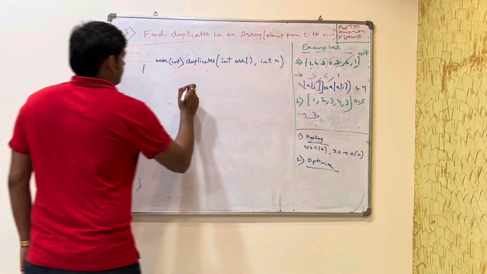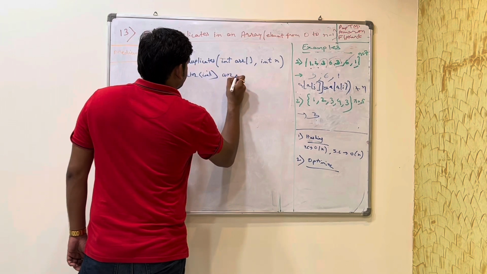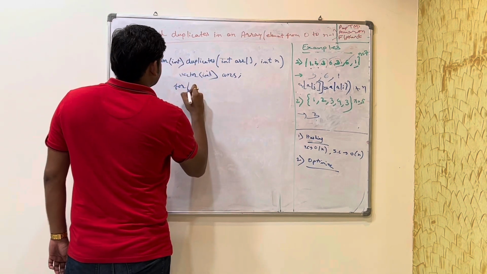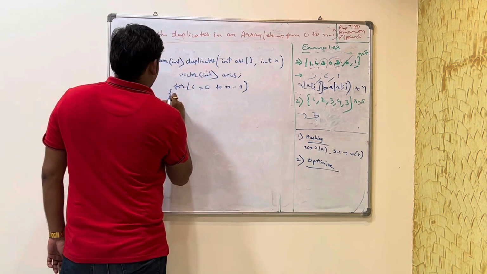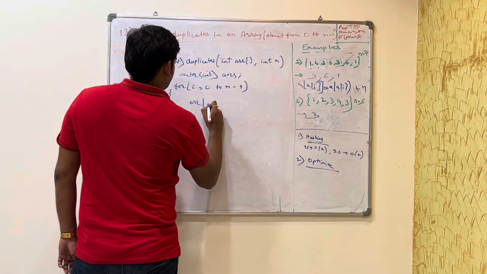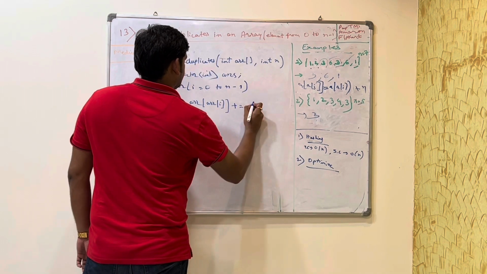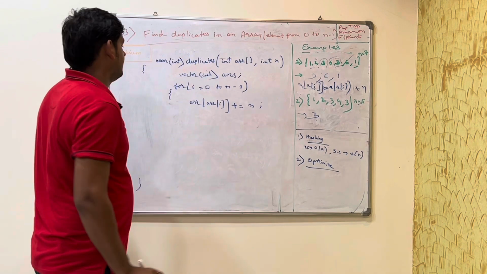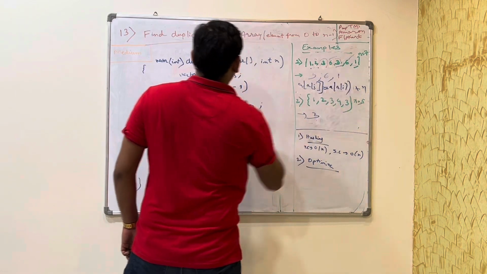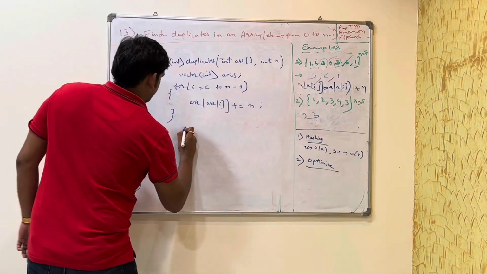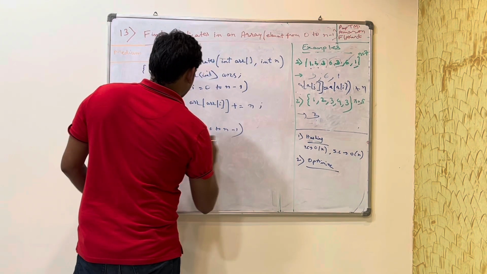Okay. So what I mean to say is that we will have a vector, let's say answer, we declare it, then we traverse the elements from 0 to n minus 1, and what we do, we store this value, increase it by n, and when it is increased, it will be increased twice over here since it would be coming 2 times. So we traverse this array again for i equal to 0 to n minus 1,